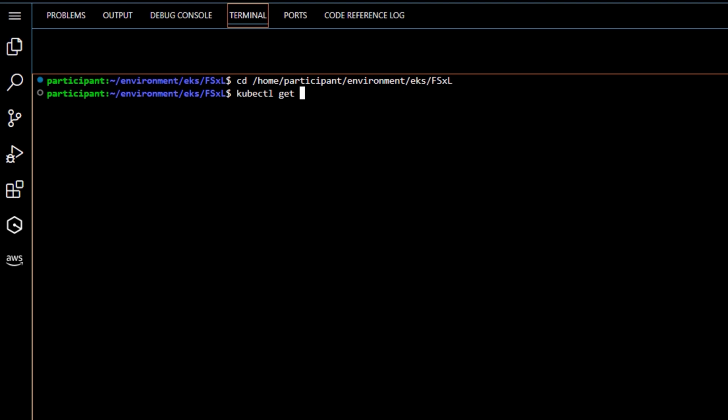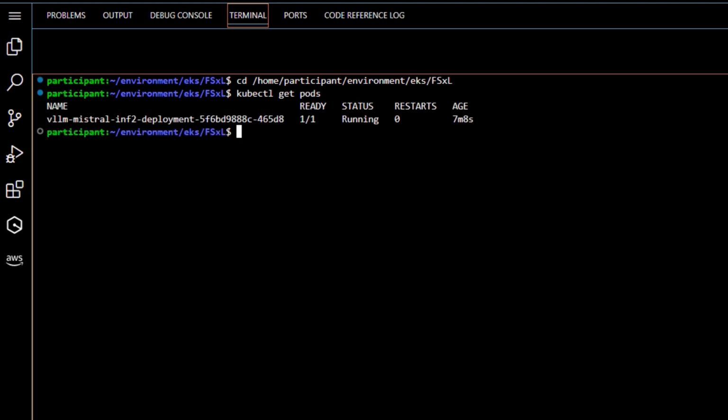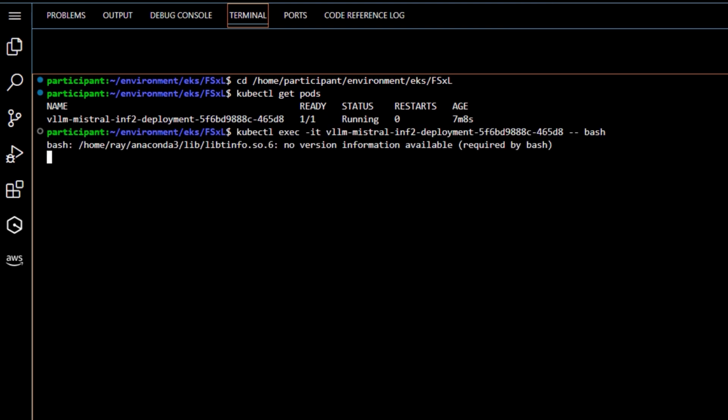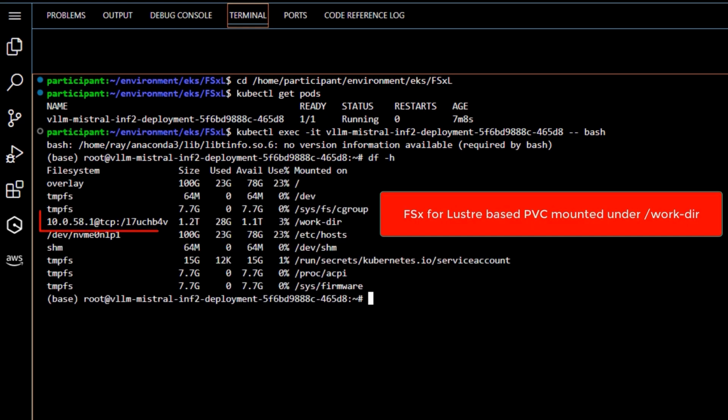Let's log into the pod. We can see a 1.2 terabyte FSX Veloster file system has been mounted under the /work-dir as per our pod